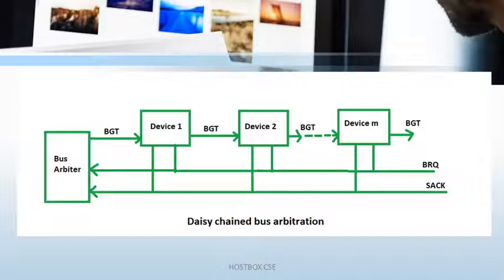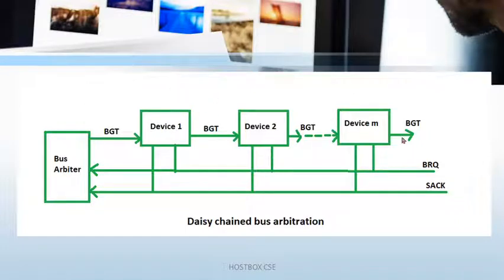So first I am assigning. Let's assume this is device 3, the color printer. This is device 1, the normal printer, and this is a scanner like that. First I am giving 2 pages of color print. Which device is activated now? Based on the bus request, the color printer will request and get the grant signal and send the acknowledgement. After getting the acknowledgement from the bus arbiter, with the help of the processor, it goes and prints the 2 color pages. Then I am printing on device 1, the normal printer.